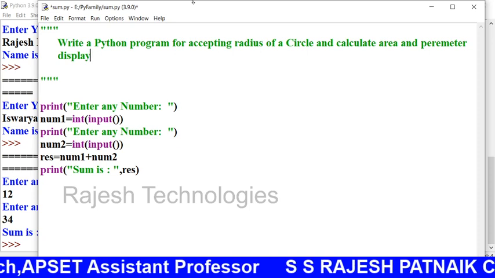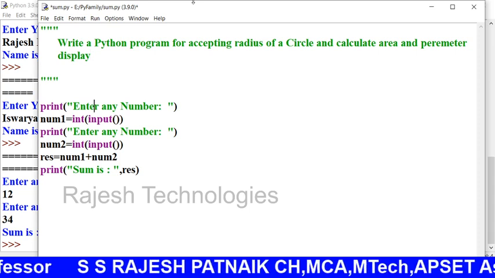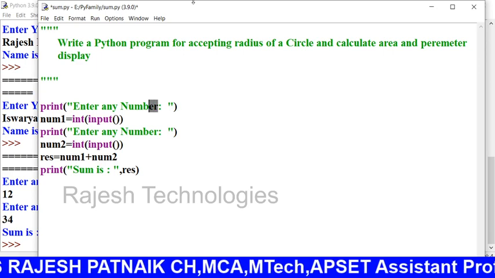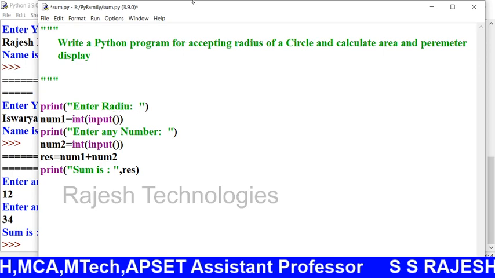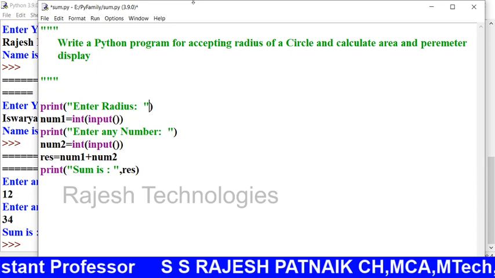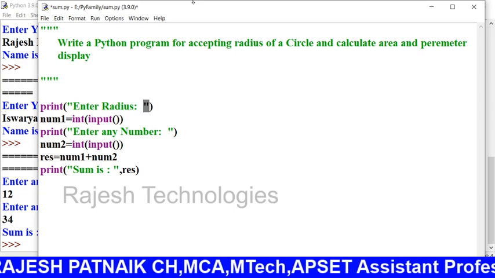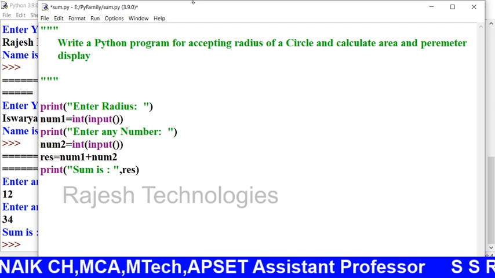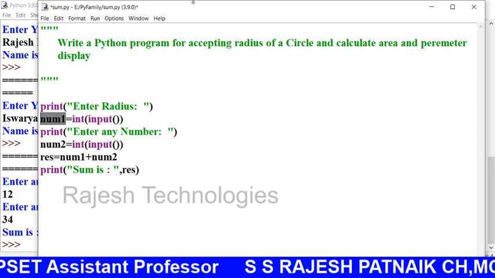Okay, so that means what is the first statement I have to ask? Enter radius. I have to ask radius. For reducing this print statement, I can use here. Let me go because for those people who don't understand. Enter radius. Next, I have to take a variable called radius,